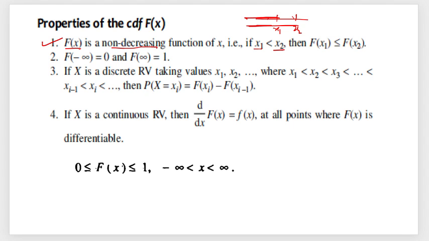The second property says that the cumulative distribution function for minus infinity is 0 and for plus infinity